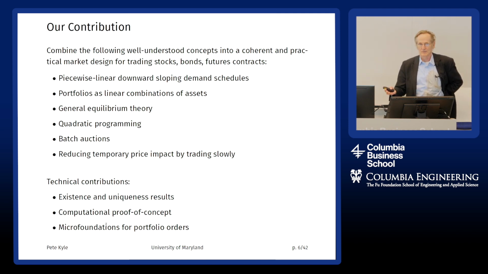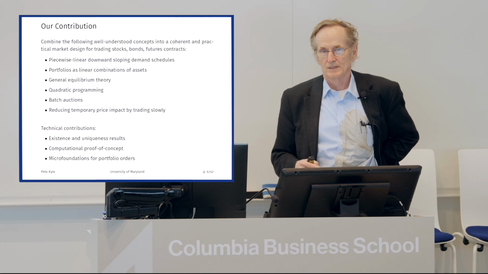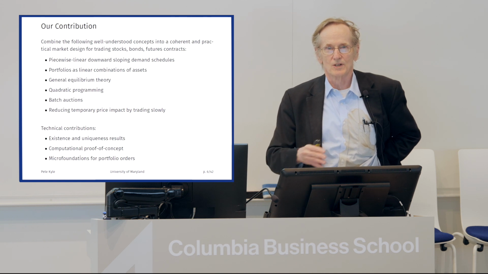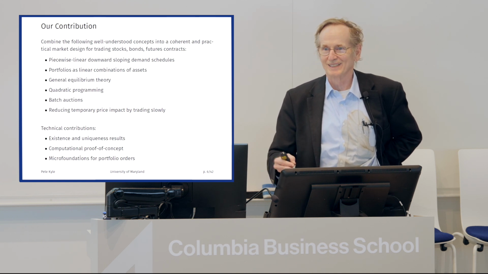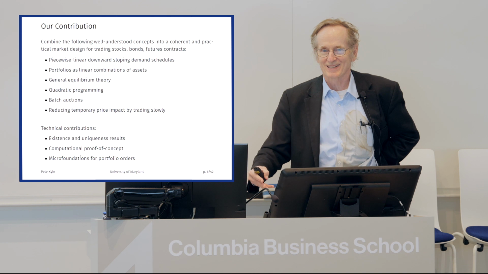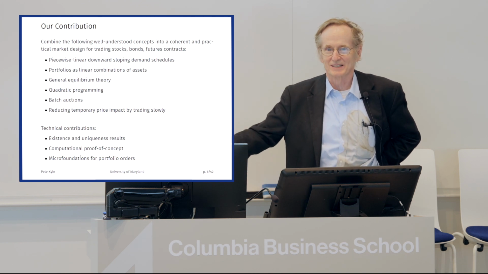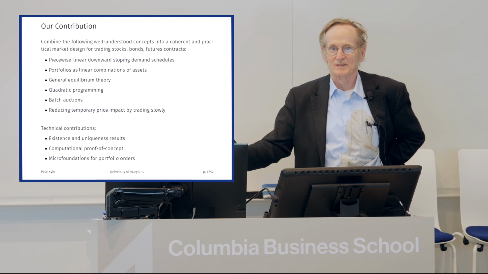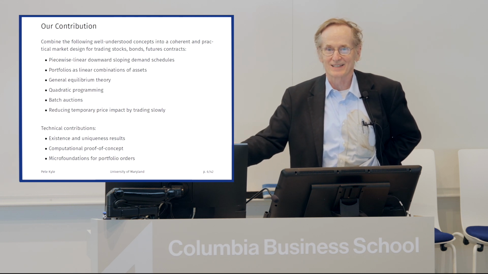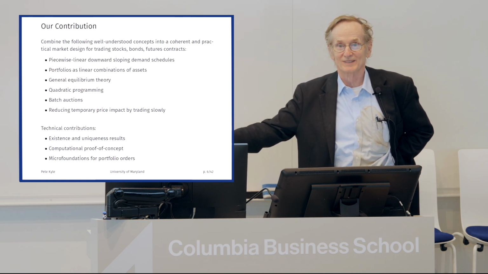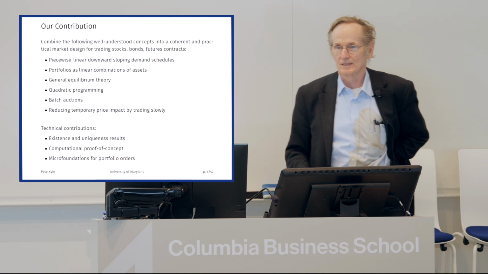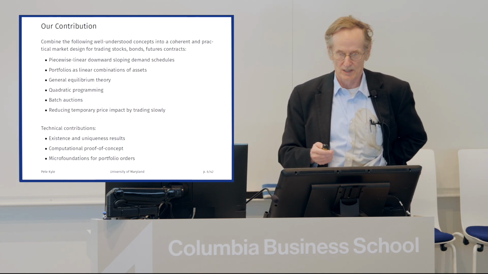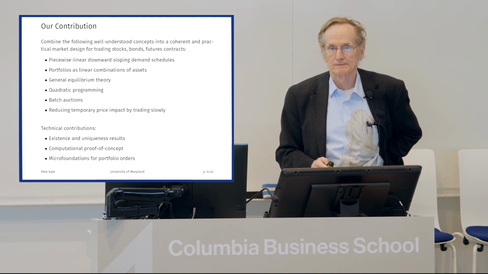This has some technical stuff that it deals with. It's a quadratic programming problem where the existence and uniqueness is well known, but useful for our purposes. And then the question is going to be, can you solve this quadratic program efficiently and accurately in less than a second so that you can have an auction every second for some fairly large number of assets, like 500 or 1,000 assets with maybe 100,000 or 1 million orders for all these assets that need to be dealt with in this problem. So can you solve that math problem fast enough?